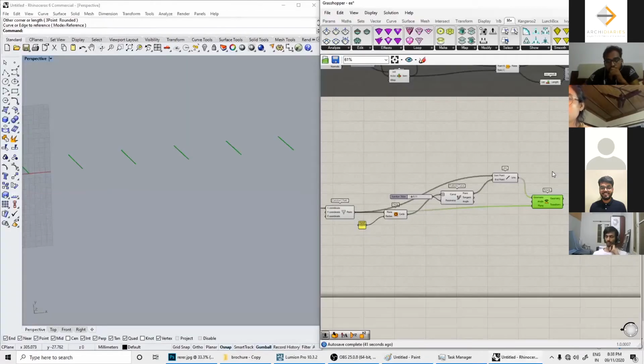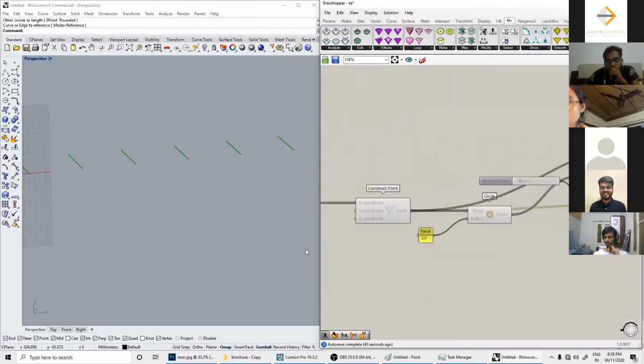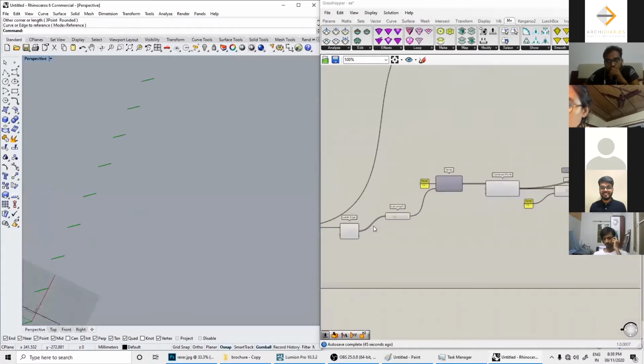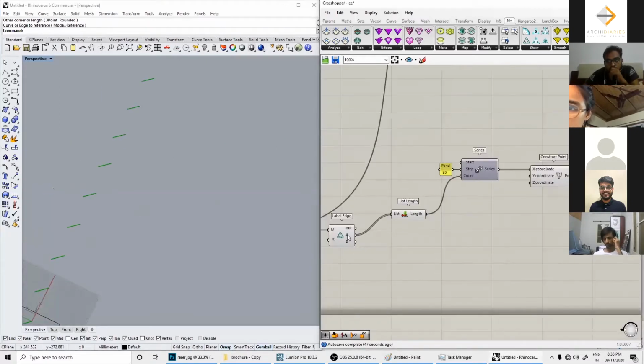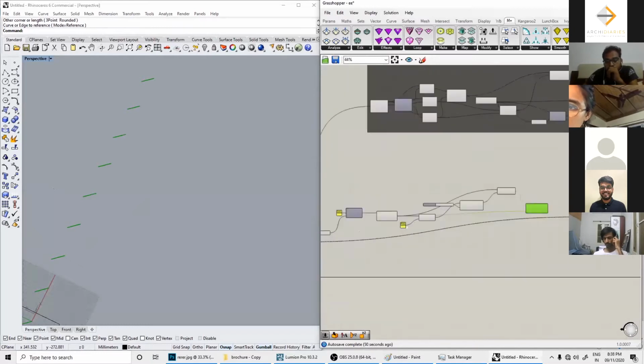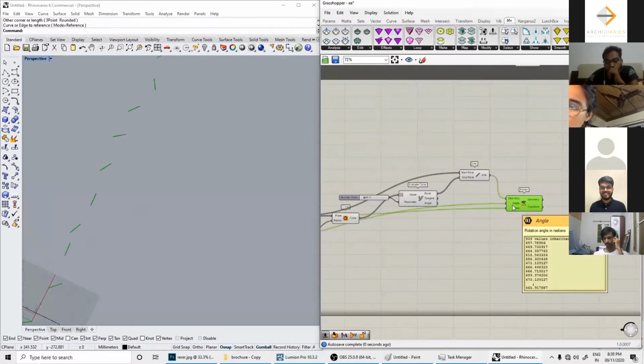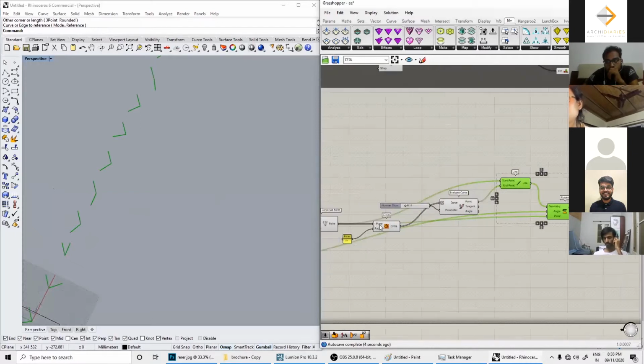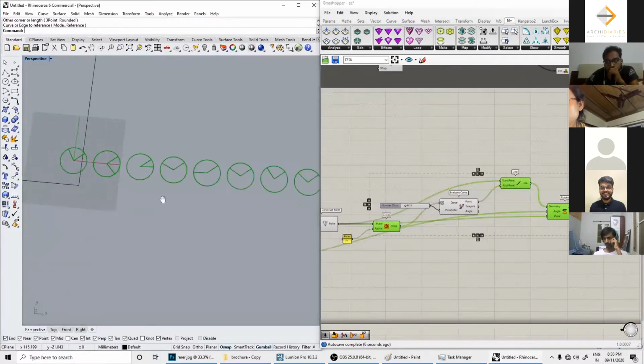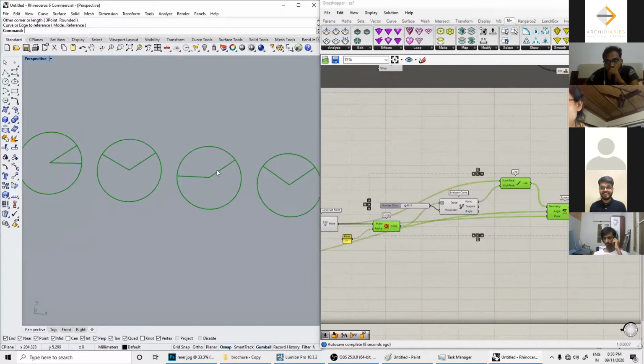No issues? Okay. Then what am I going to use as my angles? I'm going to use this one, the output values from here. So now what I have with me is something like this. Is everyone fine with this one? Yes or no? Yep.